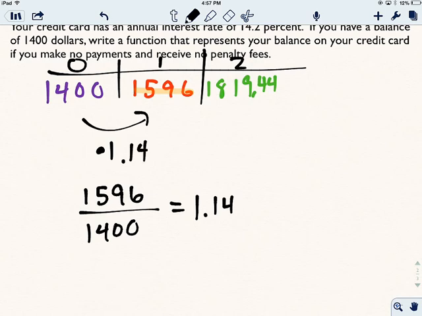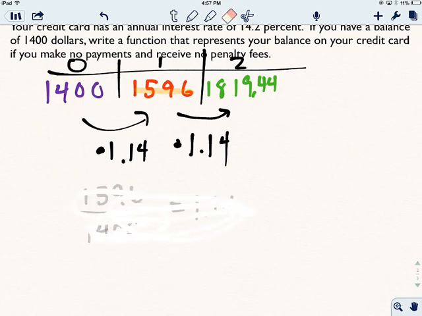And I can test it. I'll do 1400 times 1.14. Boom, it is 1596. Now I have to test it to see if it's a constant multiplier, and it's indeed exponential. I'll multiply by 1.14 again, and I get 1819.44. Okay, so I found the constant multiplier by working backwards and dividing,